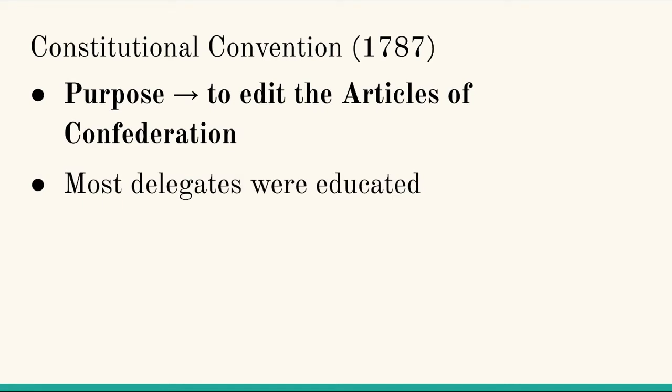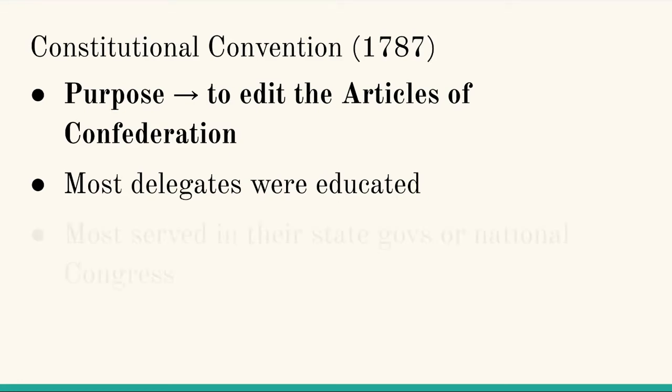These next couple bullet points are all kind of nice to know. Most delegates to the convention were educated white men who had some type of governmental experience. If they had no government experience, they at least had education, they at least had some experience doing some type of work, whether that was a lawyer or a doctor or a business owner. They could read, they could write, they could communicate with one another pretty well. They could stand up and make a point.